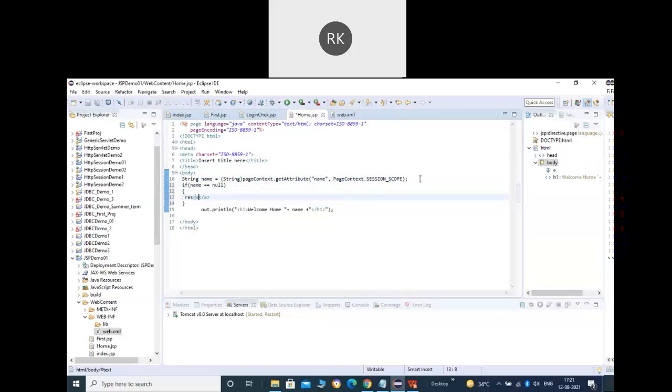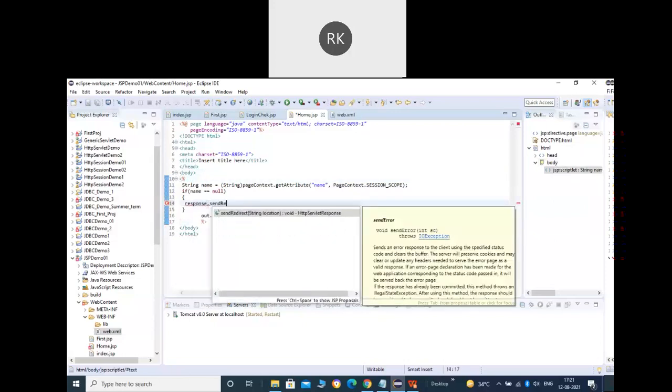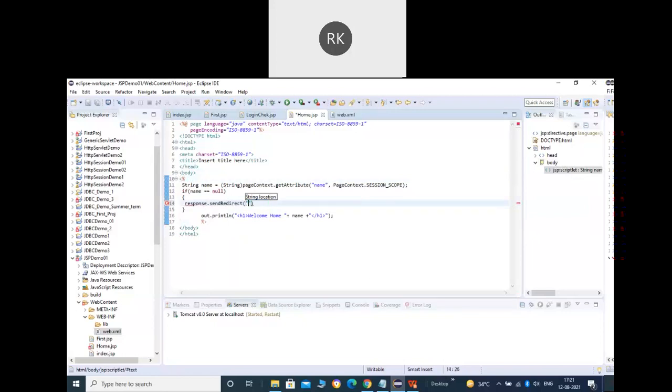However, we have not done this here, so we can say if this name is equal to null, then what can we do? We can say the response. Oh, sorry, I'm going to write what? You can see it is Java code, so we have to define this scriptlet tag.